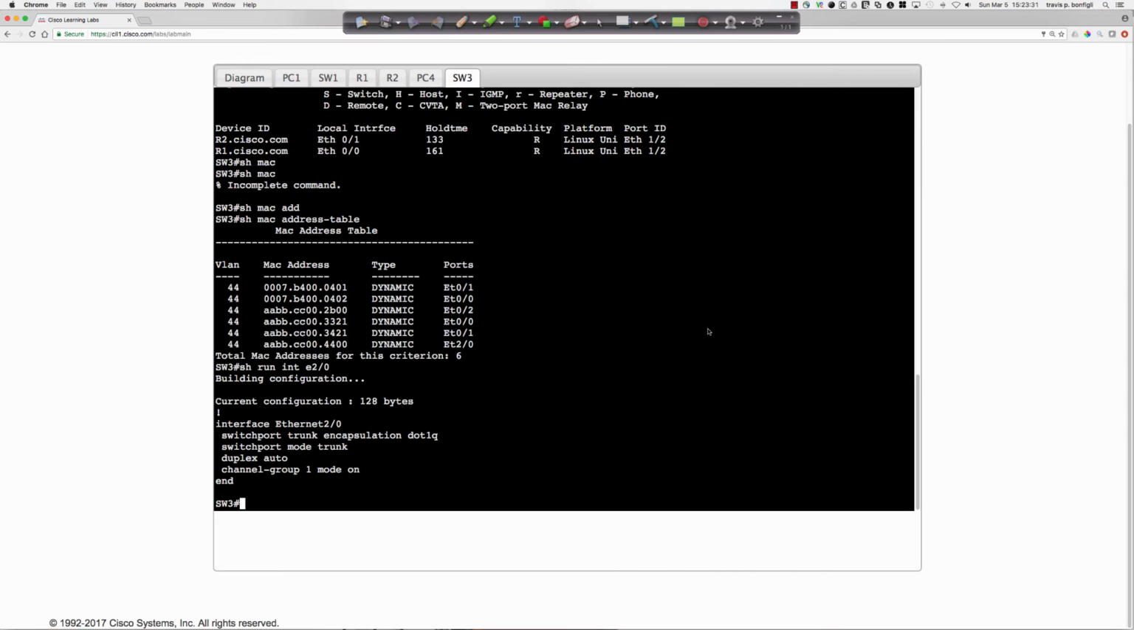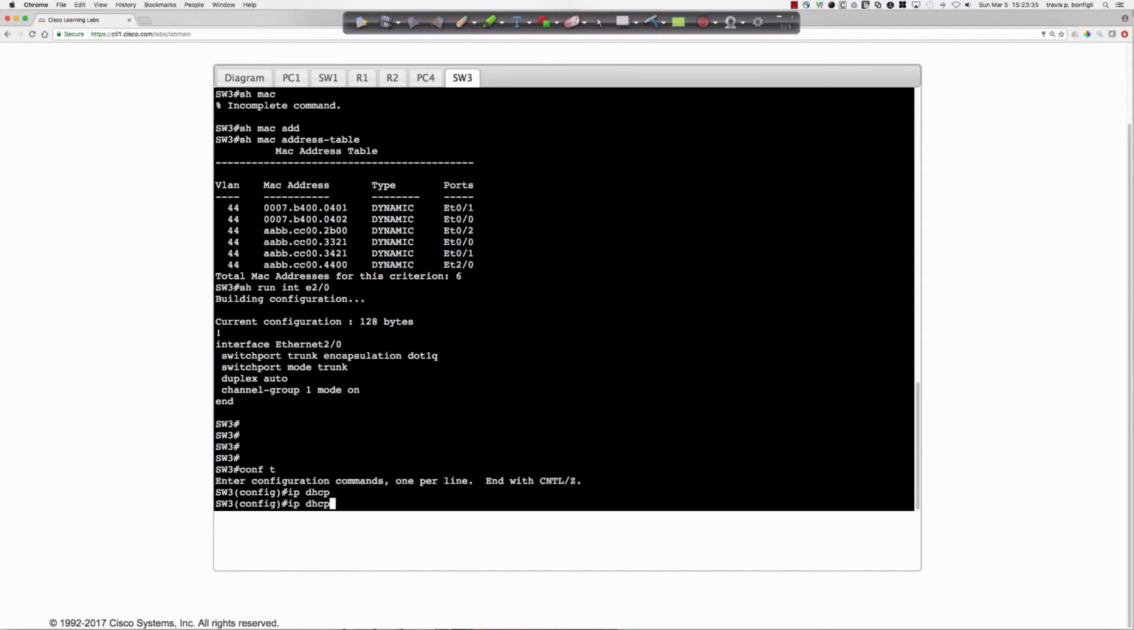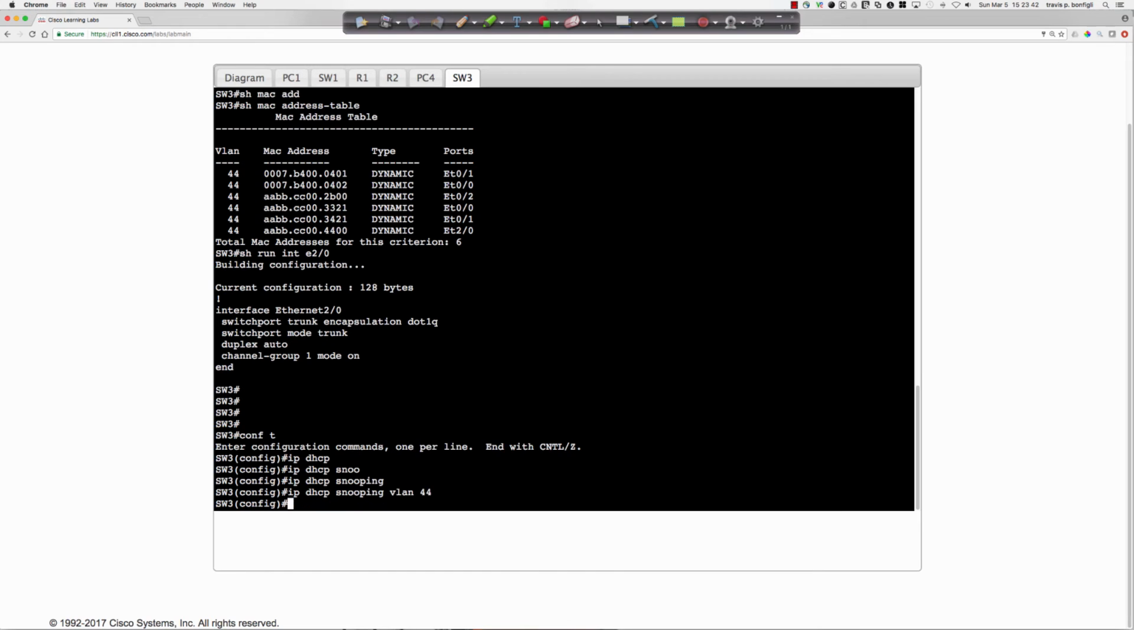So let's get into global config. And we're going to say IP DHCP snooping. And we need that command by itself. And then IP DHCP snooping VLAN 44. Now, once we